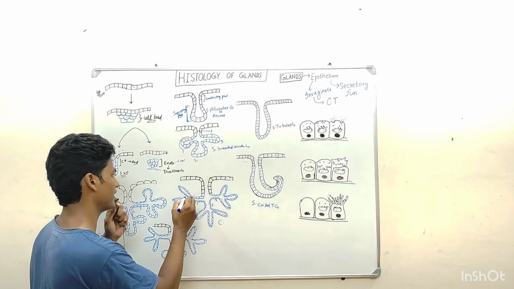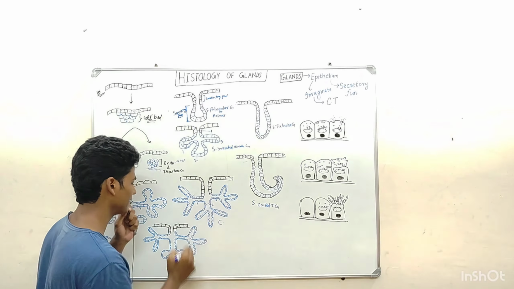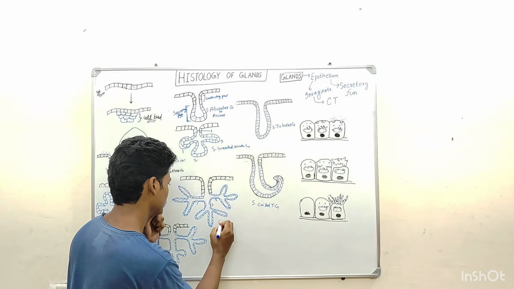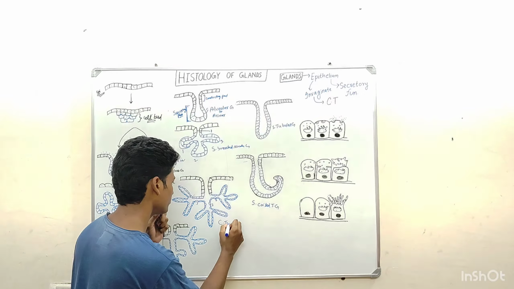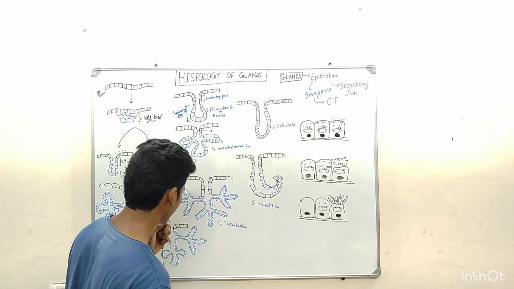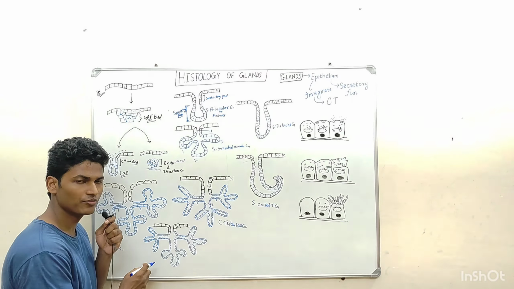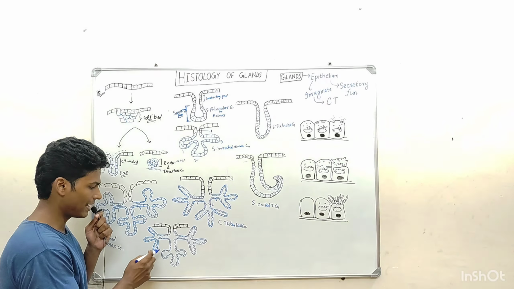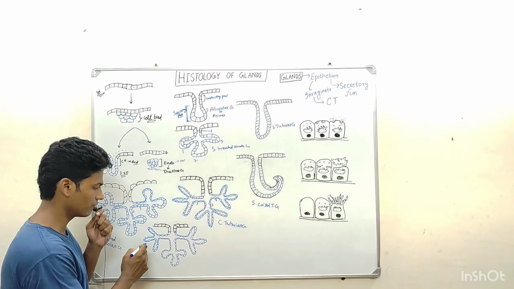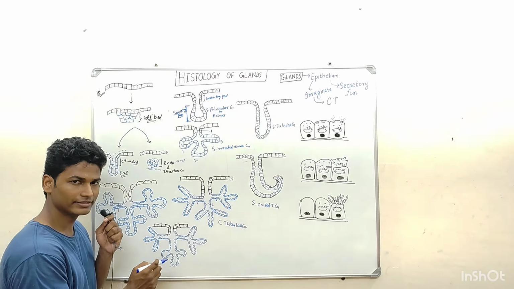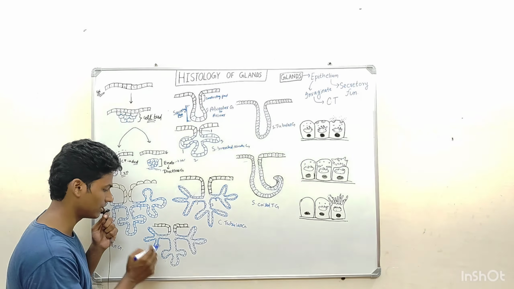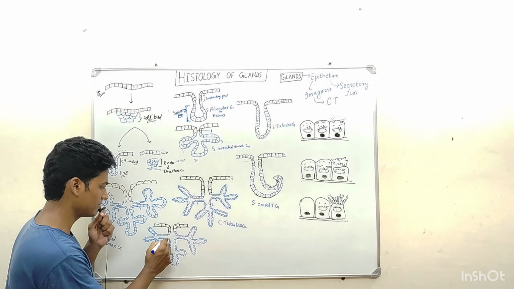And if you look at the shape of the secretory part of the gland, it looks like a tubule. That's why it is called a compound tubular gland. And in this picture, you will see that some of the gland looks like alveoli, and some of it looks like a tubule. Means in the same gland, alveolar type and tubular type both are present, and it also has multiple ducts,